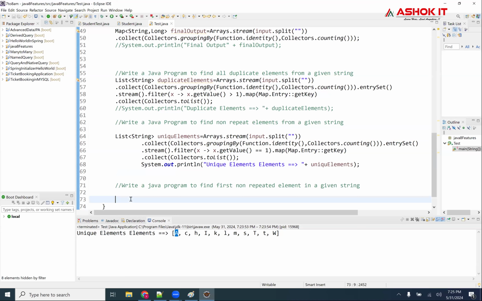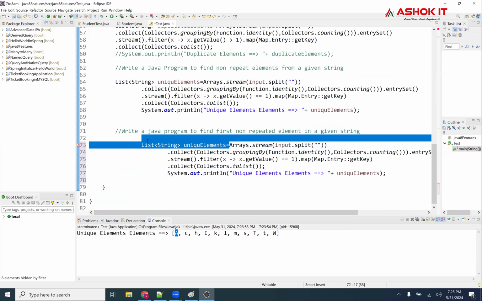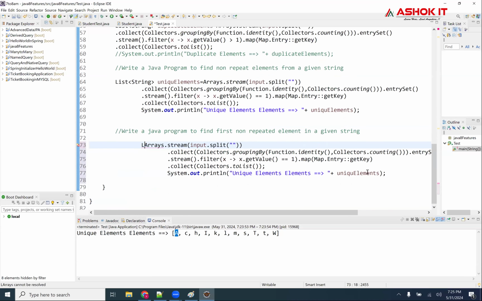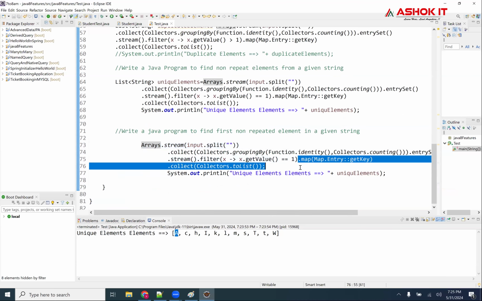I will write the same code here. But first, let me remove this. Okay. Now, after taking this, which is equal to 1, I don't want to convert this.